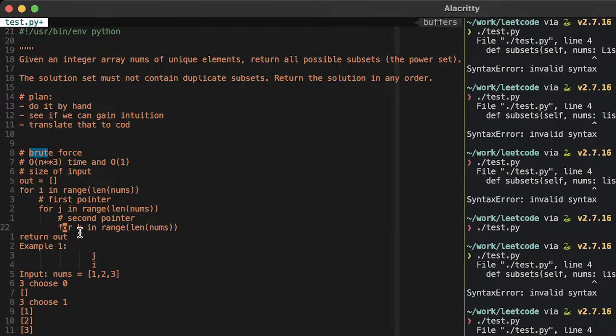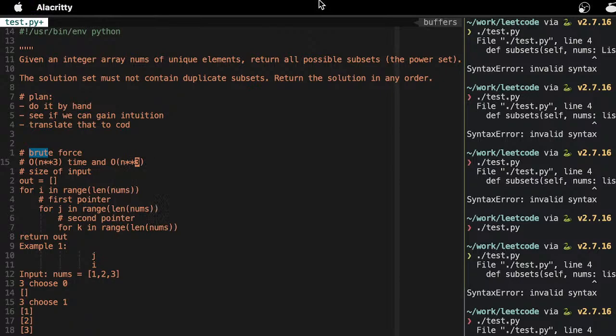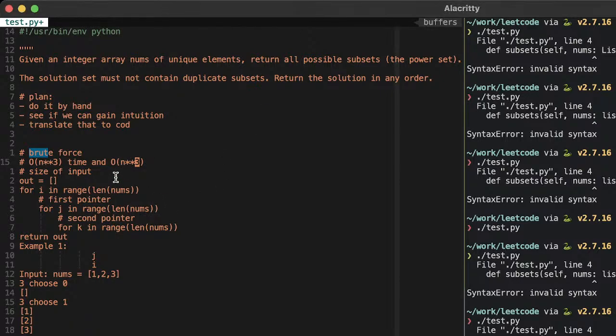Oh boy, is the space also n cubed? Dang. Okay, so we have some idea of like a brute force solution. We're not sure exactly how to mimic what's going on here.